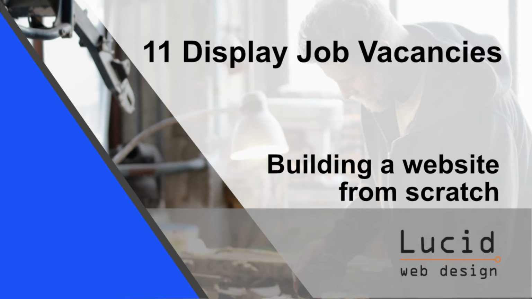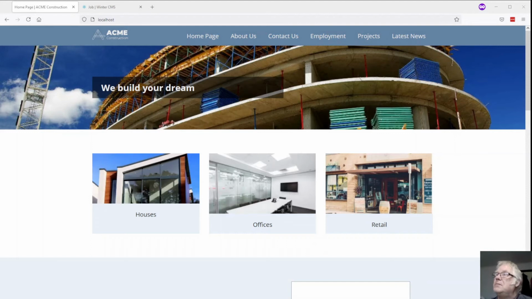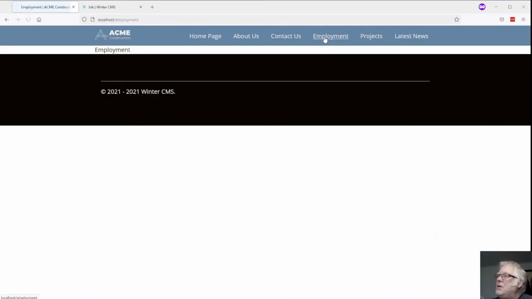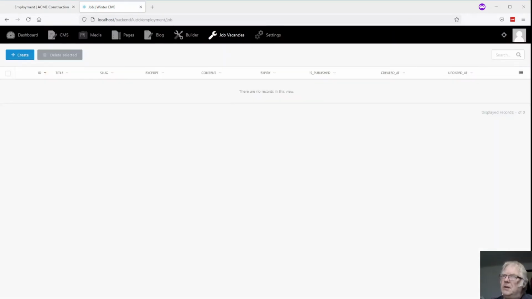Last time we built a back end for putting up position descriptions, and now what we're going to be doing is moving into putting it into the front page, or the front end rather. At the moment we've got an employment page but it has absolutely nothing in it. So the first thing I'll do is add in